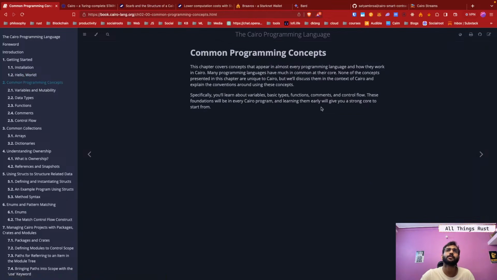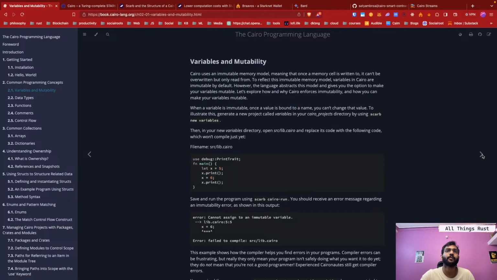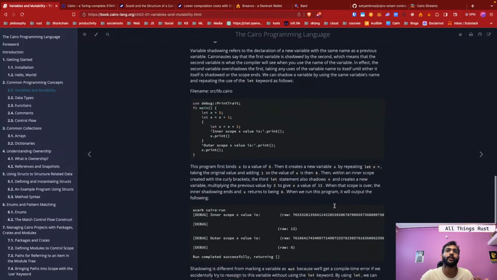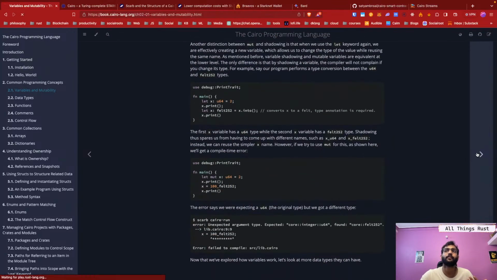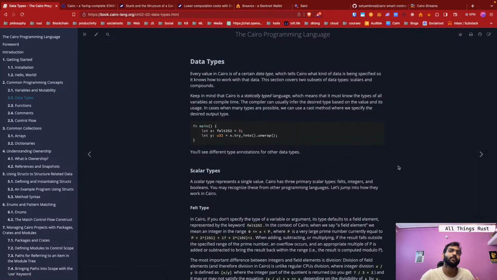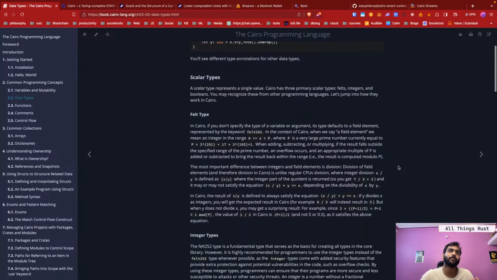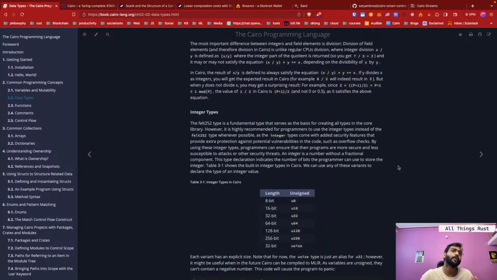Common programming languages. This chapter covers the concepts that appear in almost every programming language and how they work in Cairo. Many programming languages have much in common at their core. Okay. Specifically, variables and mutability. I'm not going to go through them because, first of all, I have already done the practice of those concepts for my repository, and also